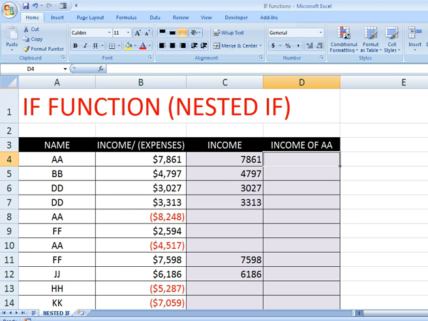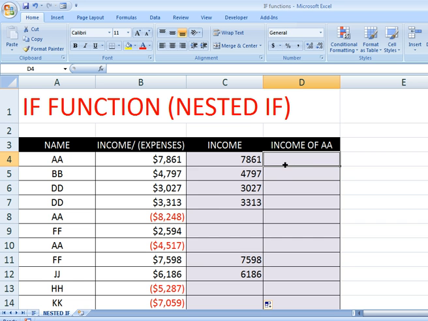Now let's use nested IF. Nested IF works on two conditions. I will sort the income of AA greater than 5,000.